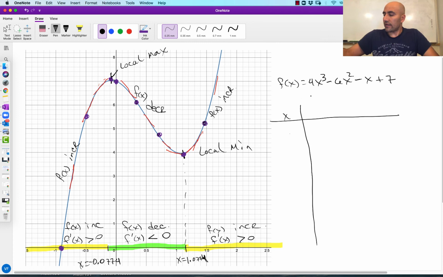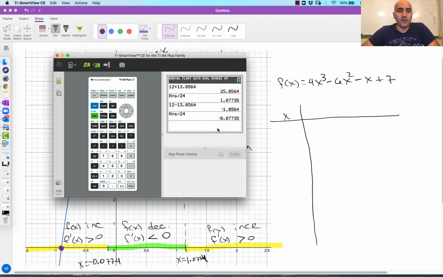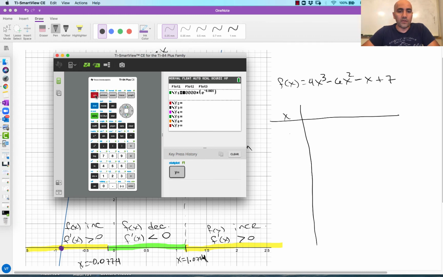Just kind of randomly select some good ones that can begin to give us this picture. Okay, so to do that, let's go over to our calculator. Once your calculator is turned on, we're going to go over to where it says y equals, clear, put in your equation. So 4x to the power of 3, minus 6x to the power of 2, minus x